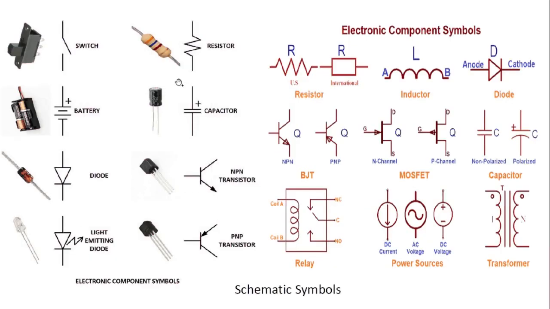Now every electronic component has its logical symbol, which is used in a schematic or circuit diagram. It is also called a schematic symbol. These symbols are standard and internationally recognized. It helps us to design a circuit in a logical way. We don't need to think about how the component will look or what its shape will be, because we first design a schematic, and then we do the PCB layout. So in a schematic diagram, we use these kinds of symbols. All components have their unique standard schematic symbols.